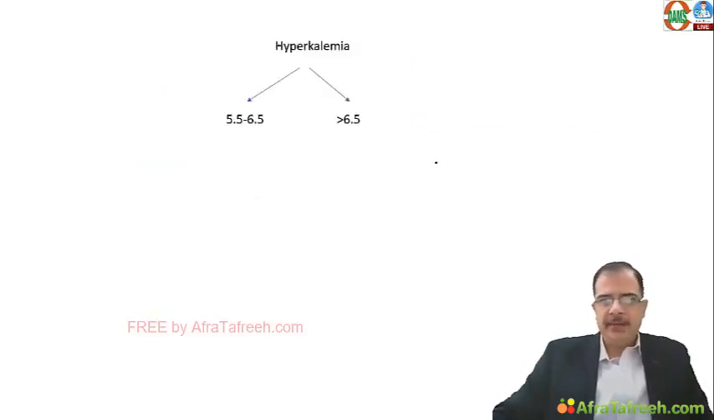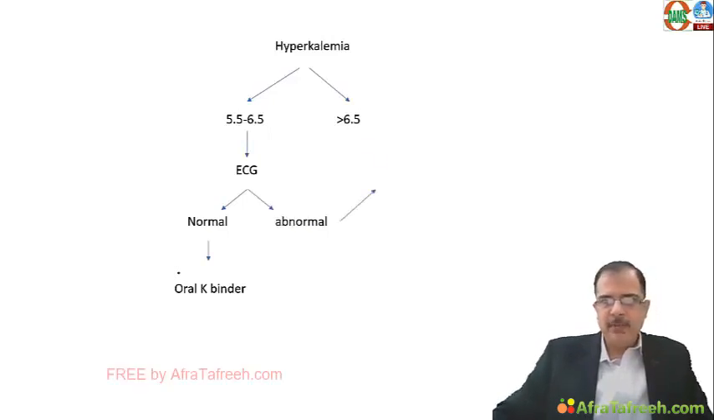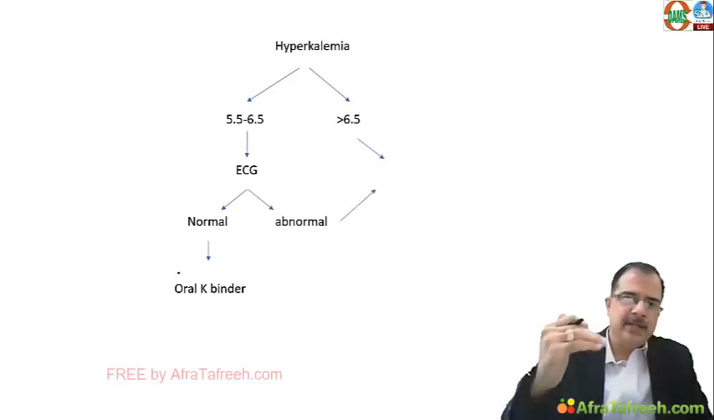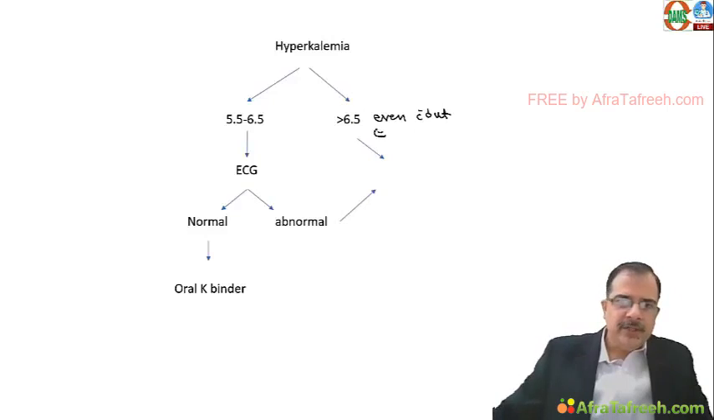Hyperkalemia, again, if the value is mildly increased, 5.5 to 6.5, an ECG will be done. If the ECG is normal, give oral potassium binders. If the ECG is abnormal, or hyperkalemia is more than 6.5, even without ECG changes,